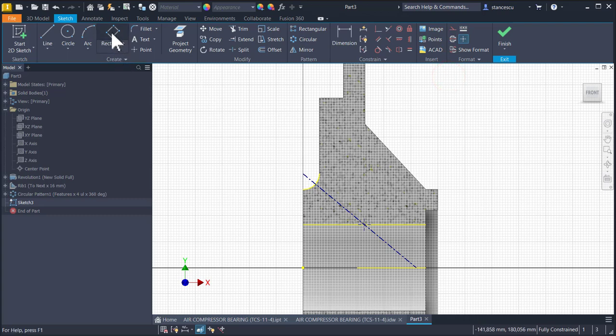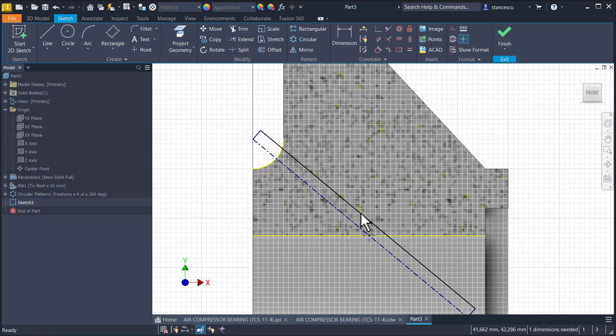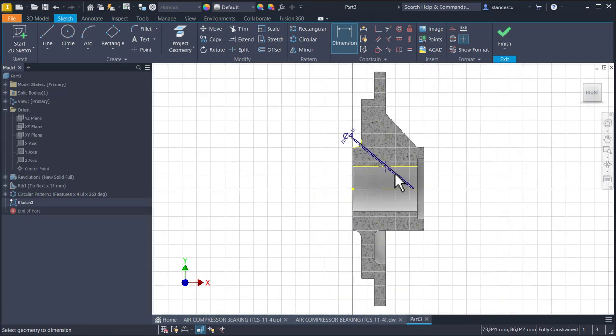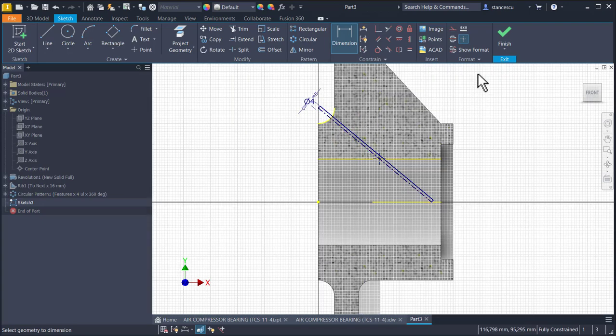Then I use 3-point rectangle to start from here and here and go up. Then I apply dimension between these two, 4 millimeters. Now we have a full constraint sketch, and I